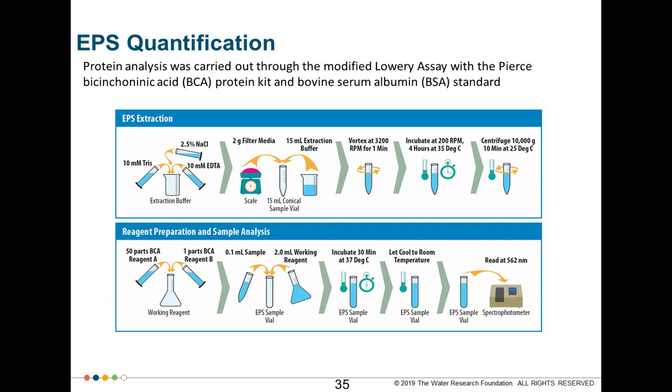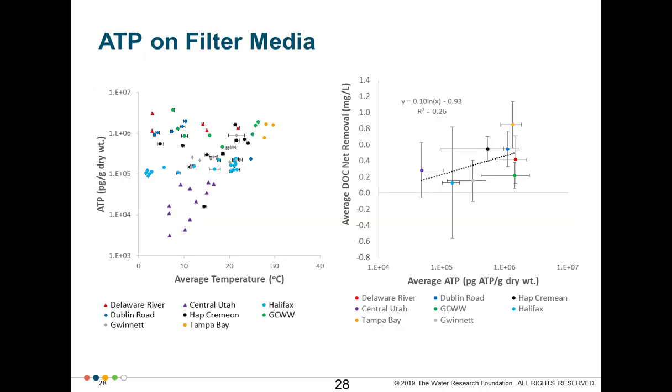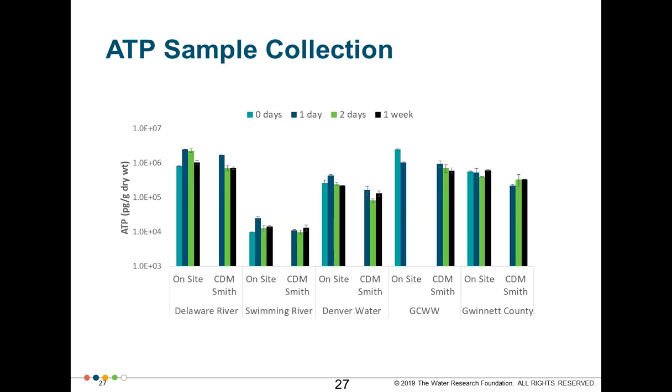Really briefly, I'll just describe what the process was like. What was key from this extraction method was that we took about 2 grams of wet filter media from the top of the filter that were collected below this Schmutzdecke layer. So within the top 6 inches of the filter bed, we then ran the extraction buffer protocol that's part of this modified Lowry assay, and then used the BCA protein kit to extract the portion of proteins that were found in 1 gram of